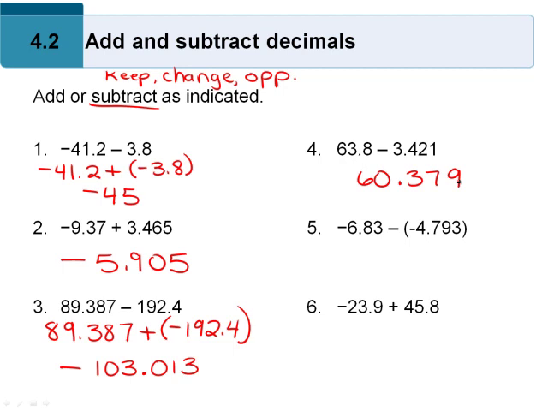Okay? Now number 5, boy, we have definitely got to change the signs there. So we're going to keep negative 6.83, change it to addition, and the opposite would become a positive 4.793. So now look at the signs. They're different, so I have to subtract and keep the sign of the bigger number. Well, the 6 is the bigger number. So in your calculator, you do 6.83 minus 4.793. And that's going to give me a negative, because the 6 is bigger,